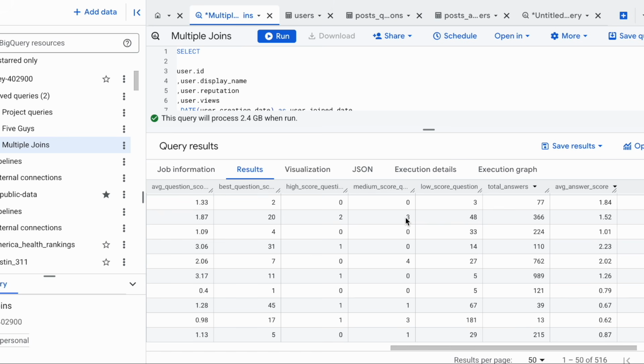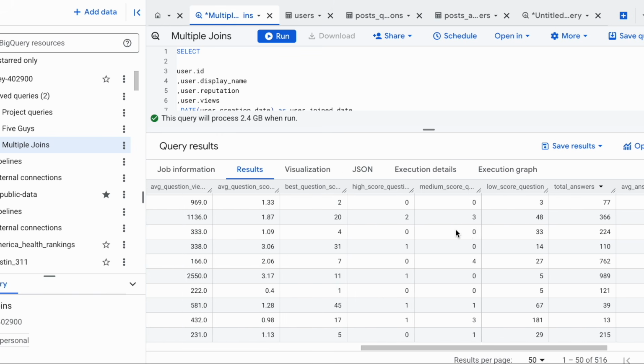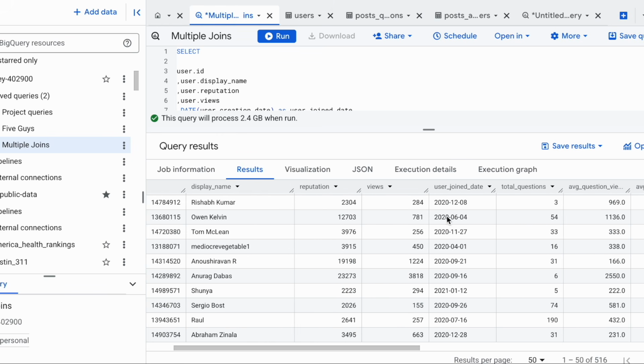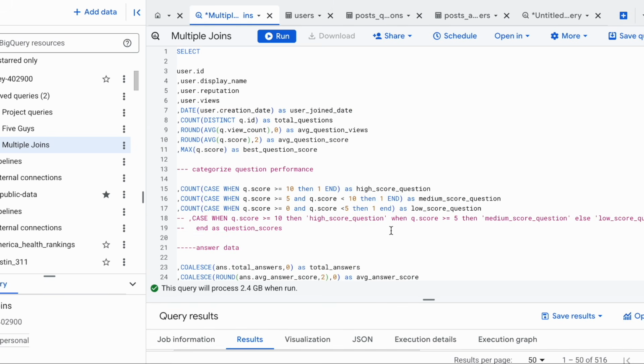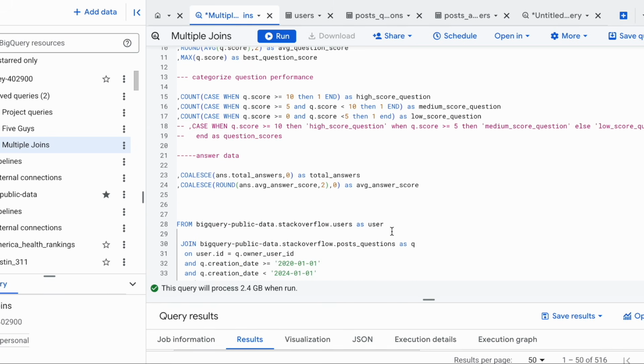You can see who are power users. You can see what their engagement patterns look like. You can see how their questions and answer activity are correlated to one another. And this kind of analysis can help businesses like Stack Overflow understand behaviors and user engagement. So I hope this has been helpful for you guys in understanding how to build out multiple joins,